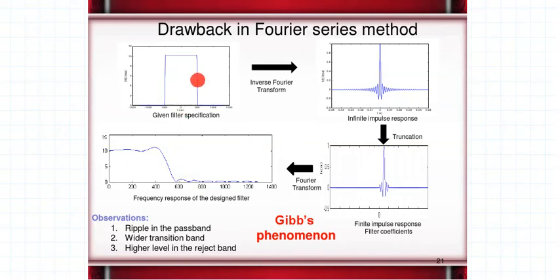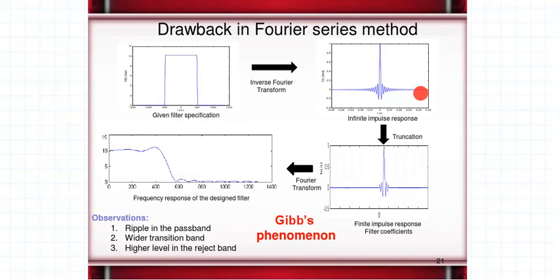Then once we design our desired frequency response, the next step is we take the inverse Fourier transform of it and get the time domain characteristics of the filter, which we call the impulse response of the filter. So this is the impulse response. So what were the observations? The impulse response is symmetrical, and secondly, the major problem was that it is of infinite duration.